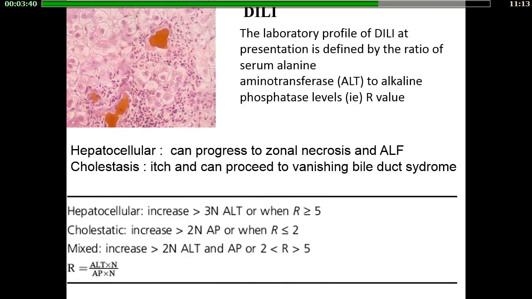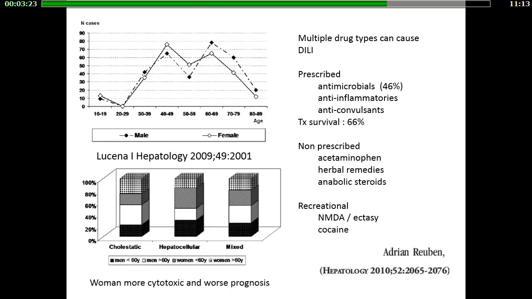Obviously, for DILI, you've got hepatocellular, where you've mainly got cell necrosis, and you're looking at ALT, and the cholestatic, where you see mainly an increase in alkaline phosphatase. The ratio of those gives you this R number, which gives you the pattern of disease. This nice data from the USA acute liver failure group clearly shows that the incidence of drug-induced liver injury is seen mainly in the young people and also in the middle-aged. Women are particularly predisposed to cytotoxic cellular damage, whereas in men you see more cholestasis.